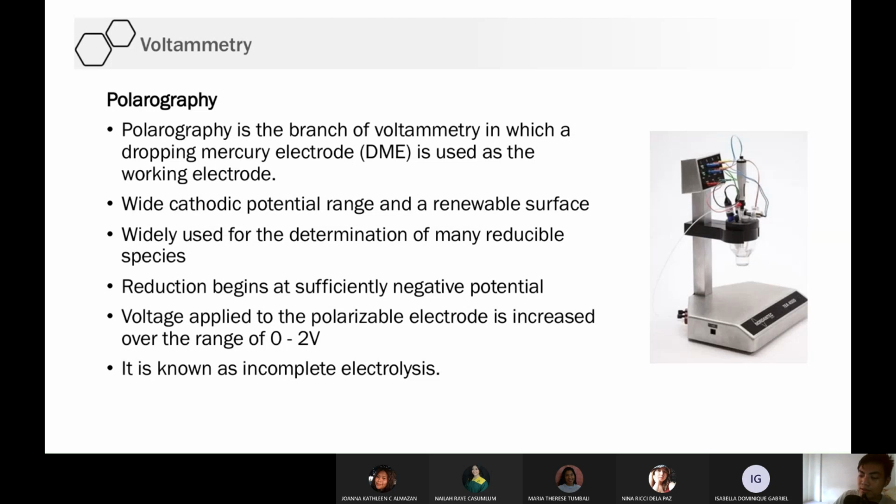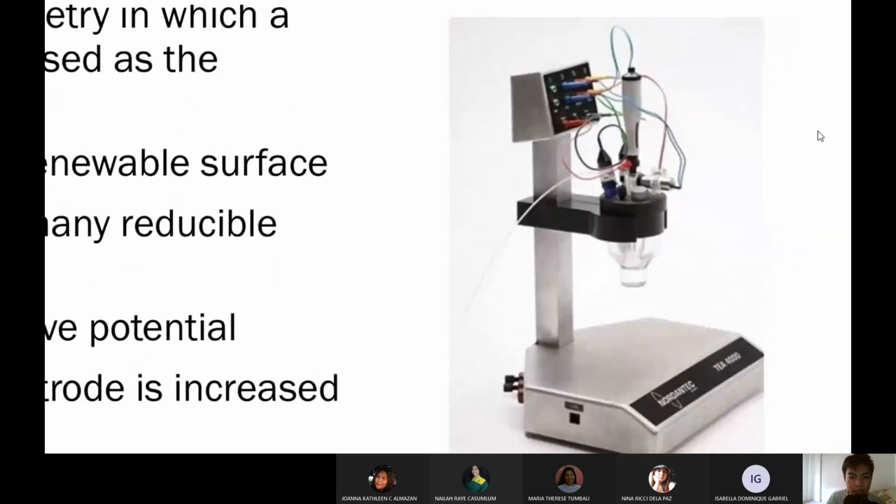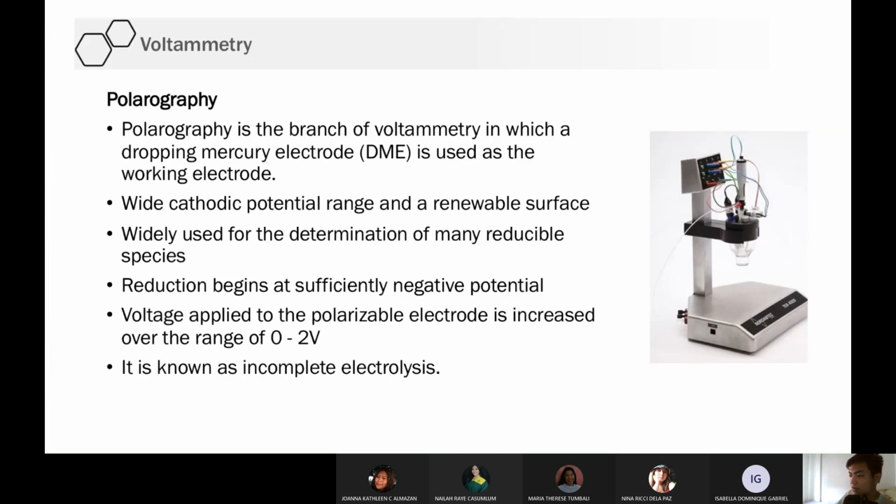Okay, so this is one example of the voltammetry. Mapapansin nyo, you have 3 electrodes pointed into our solution. They are all submerged in the solution. So one of them is the working, one is the reference, and the last one is the auxiliary electrode. So they are all working, no, to determine the potential differences and the current differences sa solution. So this is a very technical topic na kaya yung idea lang binigay ko sa inyo.